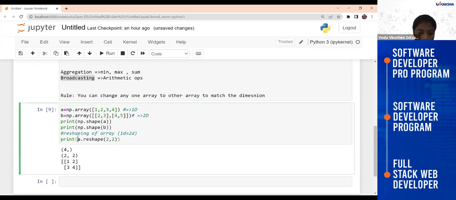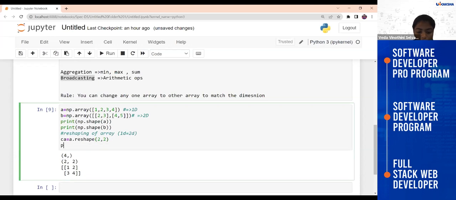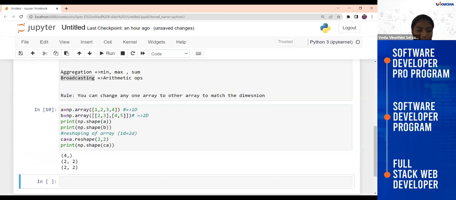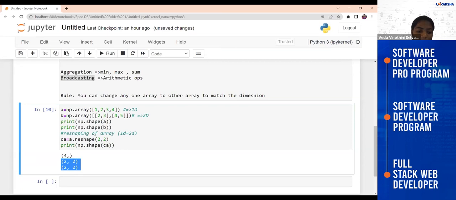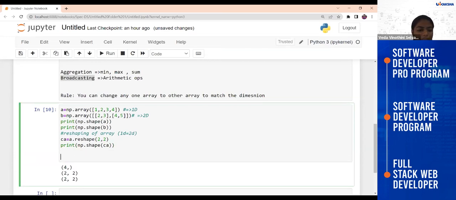So now if you want to print the shape of this converted A, you can do that. See, now it is matching, right? Both the shapes are 2 and 2, so 2 dimensions, and then you can easily perform the addition operation.